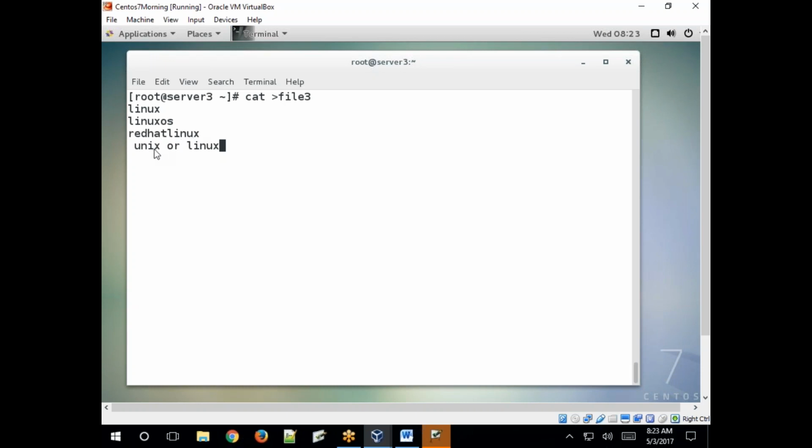Then it returns Linux or Unix. So it will return all the lines. But if you specified -w, what is this?